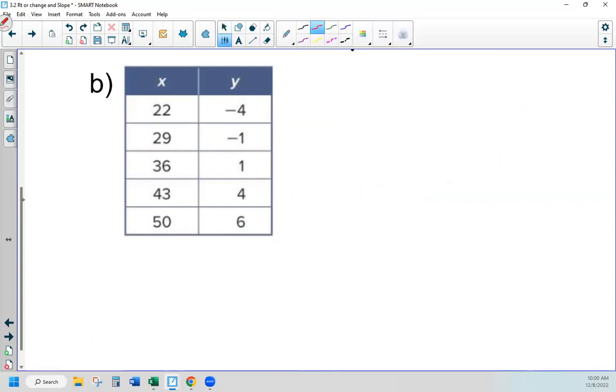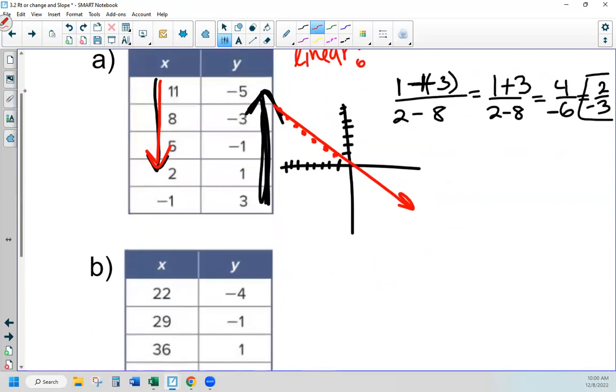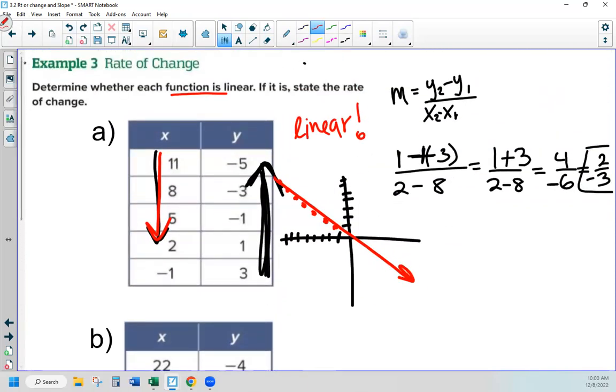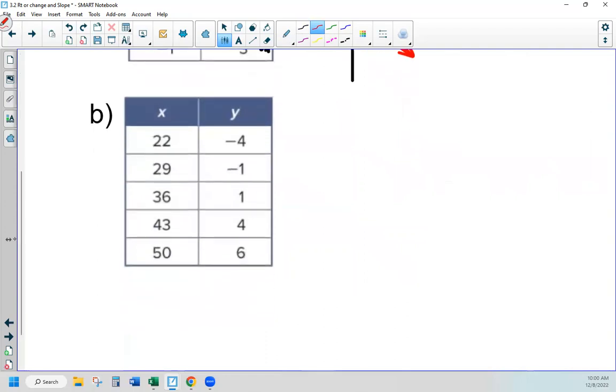We need to notice here that, let me make sure first if they're asking us to, if it is. Okay, so we need to make sure that this is linear first. So from 22 to 29, how much is that of a jump? That's a jump of 7 units, okay? From 29 to 36, that's 7 units. From 36 to 46, 6, 7, 8, 9, 10, 11, 12, 13, that's 7 units. And then from here to here is also 7 units. Okay, so far our x values, our domains, do have an addition